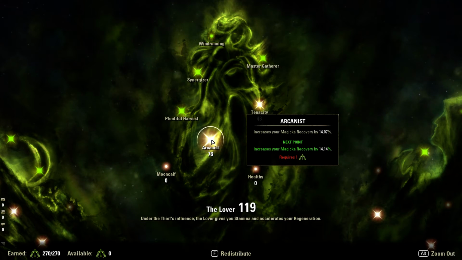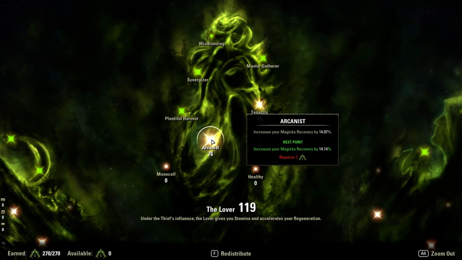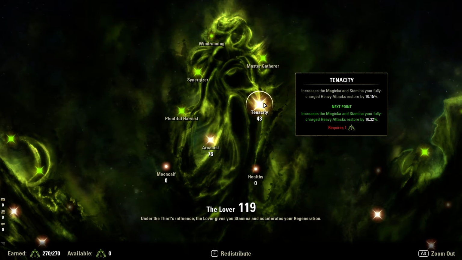Here's the thing about putting 75 in here, just to let you know. It actually is 13.98%. For some reason, the game reads it as 14. It's not 14%. It still counts as 13. And then here, we have 43 into Tenacity to give us a 10% increase from our heavy attacks on Magicka